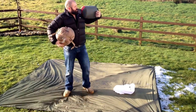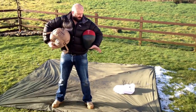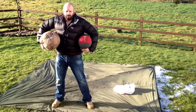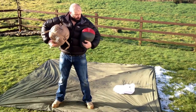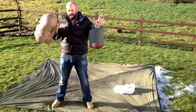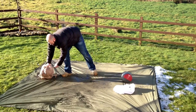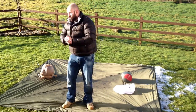Right, so your considerations when choosing an extreme bag: your environment. Is it damp? Is it going to be dry? Financial, £300, £170. Pack size, are you limited? And pack weight. If there's something else I've missed out, guys, join in. It's an open forum. If I've missed anything else out that you guys out there need to consider when choosing an extreme bag,